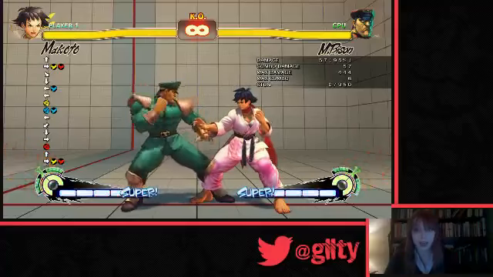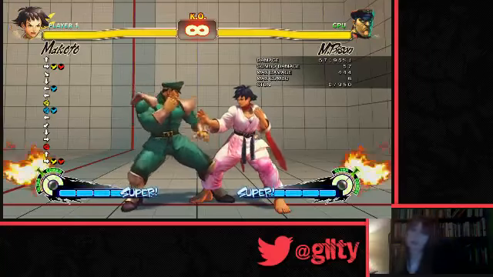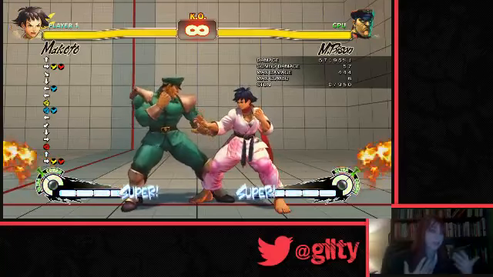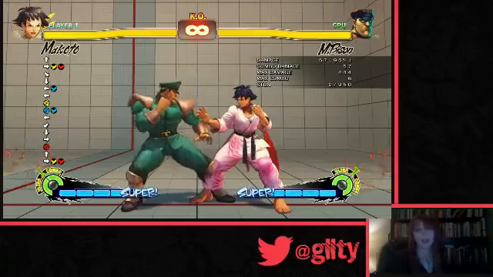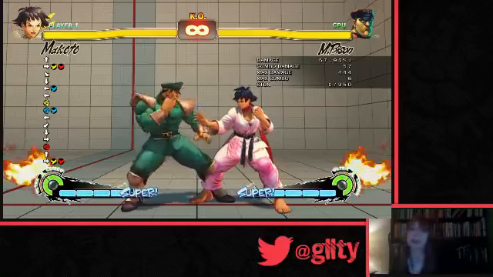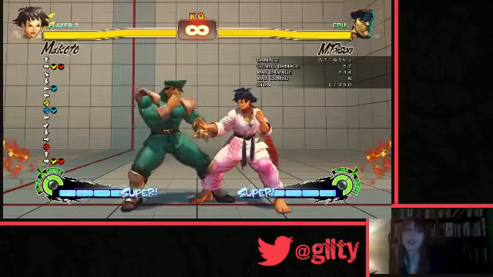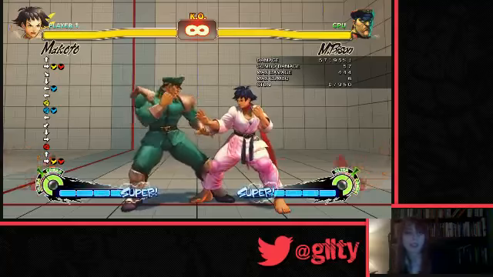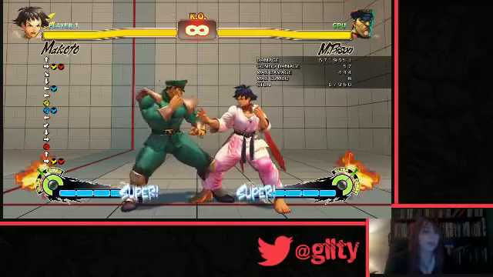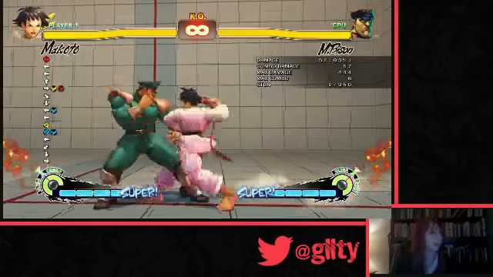Let's see here. There are no normals that anyone can use that are faster than 3 frames, so anytime you're +2, it's a very good thing to just kind of throw out. And if they press anything, then it's essentially a death sentence for them. You have 1/15 of a second to actually pull this out, so you have to do it really quickly, but, you know, whenever you're doing this stuff...